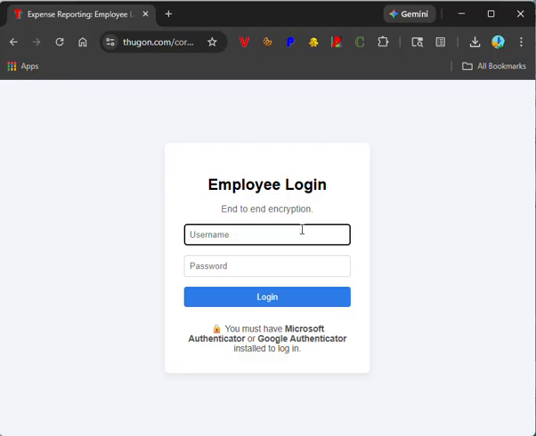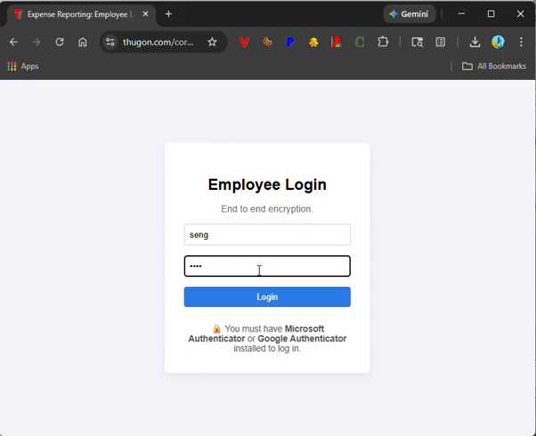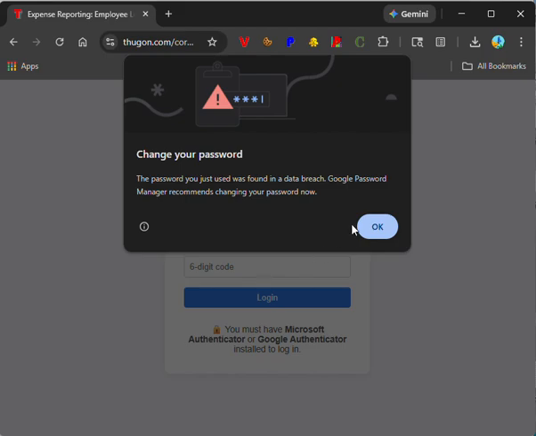Okay, so the first thing I'm going to do is log in. The main goal of this system is really to make it easy and simple for employees to report their expenses while on travel or doing work. They can submit their expenses, and this is part of the compliance and regulatory process, especially for SOX, and also anti-bribery and anti-corruption regulations. So I'm going to log in here, and I'll put in my username and password, and now